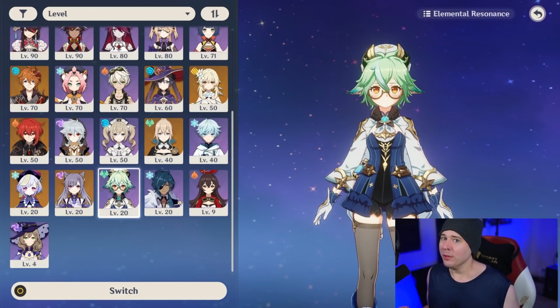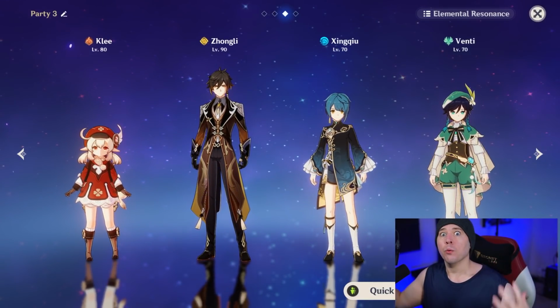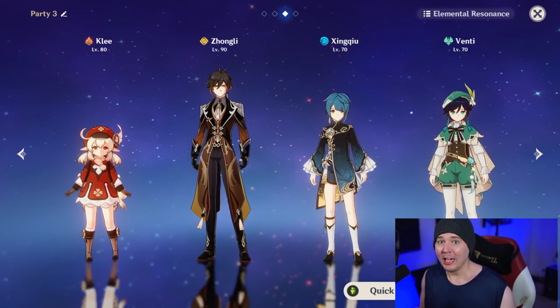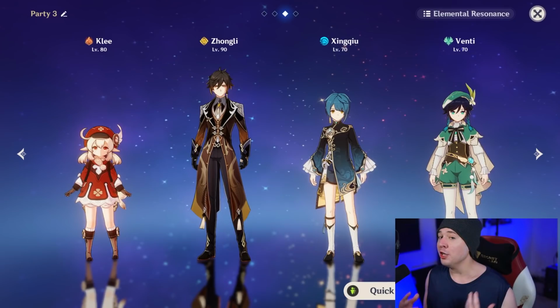You can kind of see what Klee is doing here, and this is really the team composition where she's rated really highly and where she's going to maximize all of her damage. If you don't have any of this stuff left at the end of the day, she might not be worth your primogems. Now, obviously, if you just like her because she's a cool character, you just want her on your account,